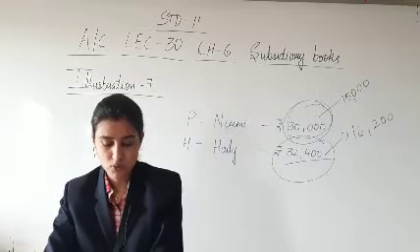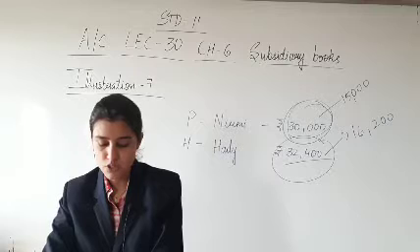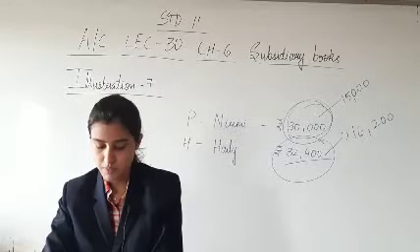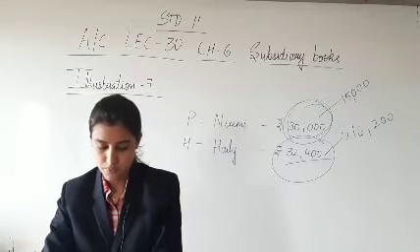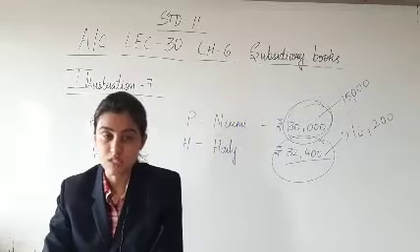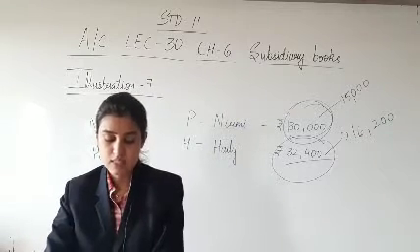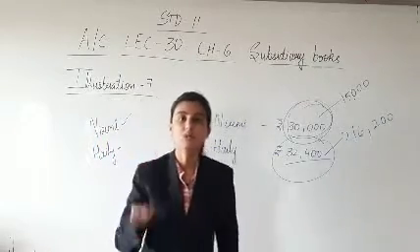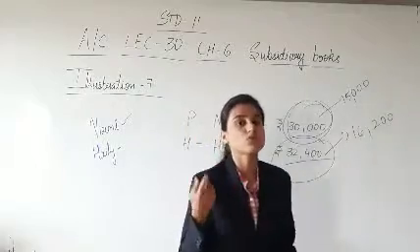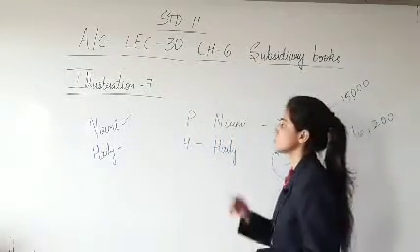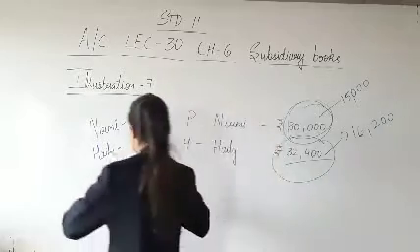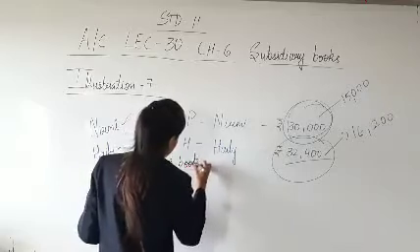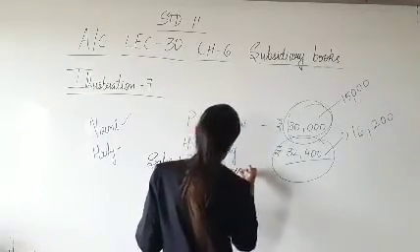Next one, on 24th of January: supplied goods to Kanu for his order, rupees 300 added for labor, invoice 102. Now, the order which was received on 21st of January is actually initiated on 24th of January, and the goods have been supplied to Kanu. That means goods have been sold to Kanu. So this transaction will be recorded in the sales book, because goods have been sold to Kanu.